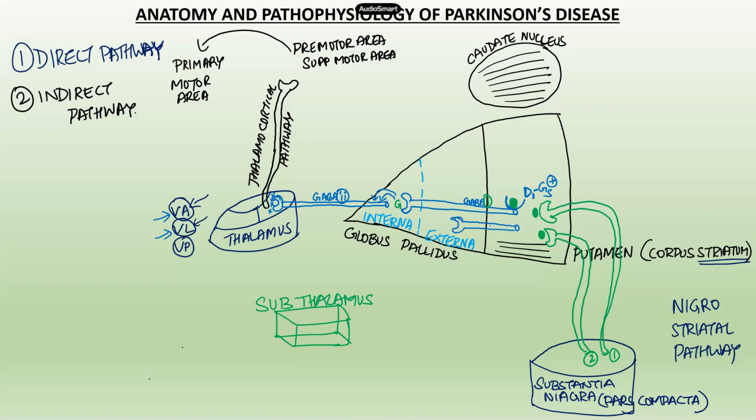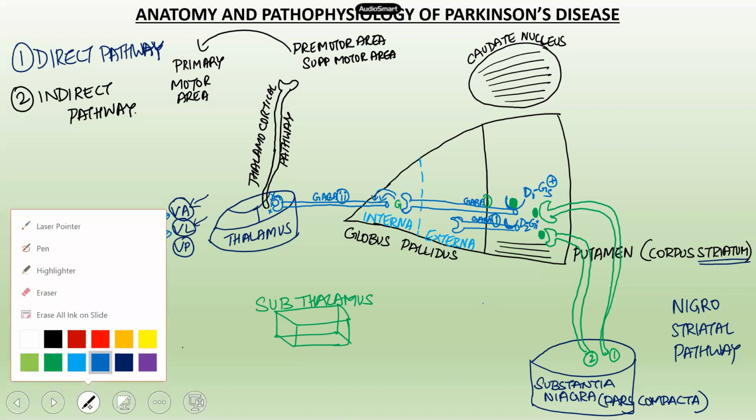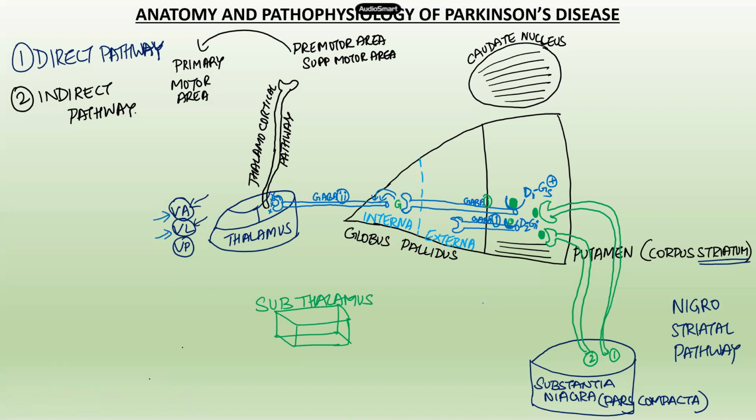Now on this particular GABAergic neuron, let's say it's number 1 now, there is a D2 receptor. D2 receptor is Gi coupled. It is G inhibitory. That means when dopamine goes and acts and sits on this, through the Gi coupling, no GABA will be released from this particular GABAergic neuron. Right. Next, what happens?